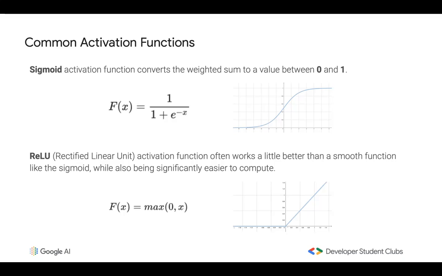Here's another activation function called the rectified linear unit, or ReLU. The ReLU activation function works quite a bit quicker because all it does is compute the maximum of 0 and the input. So if you have a negative number input, the result's always 0. But if you have a positive number input, the result is that number itself.